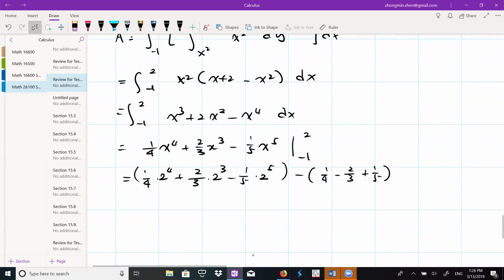So 7 over 12 minus, okay, so it's going to be 60 here. 24, okay, 11 over 60, okay? So this is a number, first part, 11 times 2 to the fourth power over 60, minus, this next part is going to be,